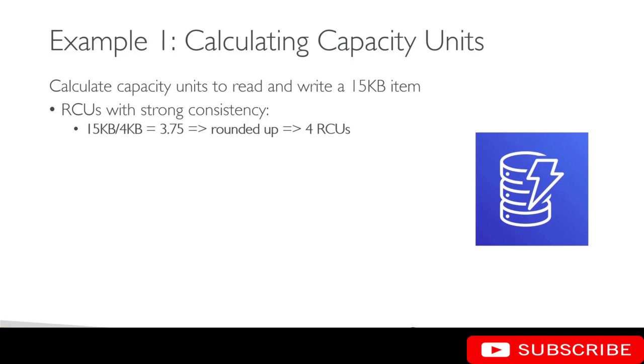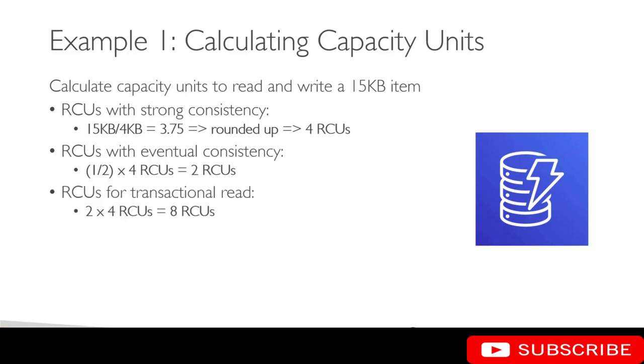With eventual consistency, however, you're going to consume half of this, that is 2 RCUs, and if you use transactional consistency, then you are going to consume twice as much as strong consistency. So 2 times 4 RCUs is 8 RCUs